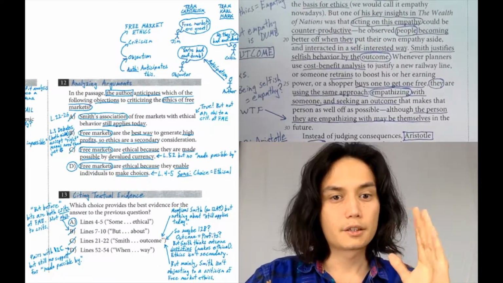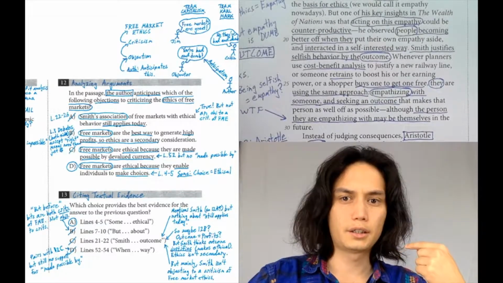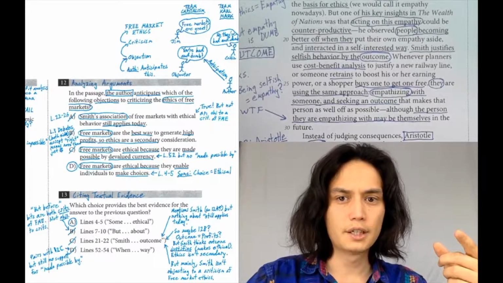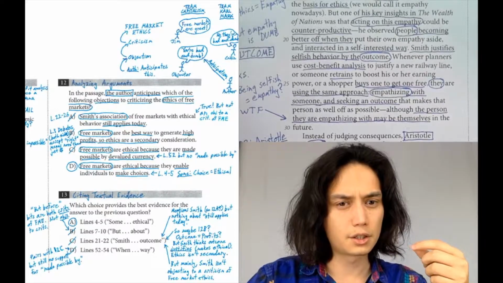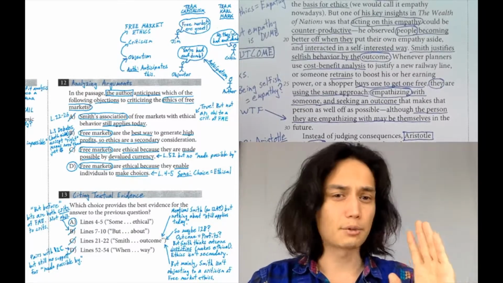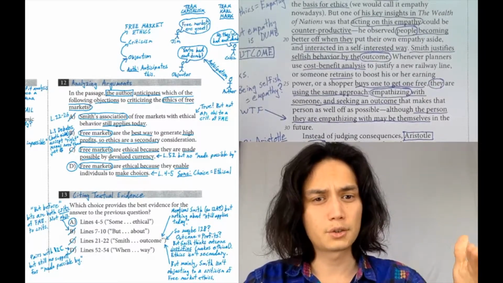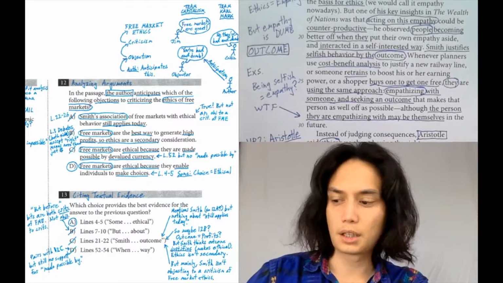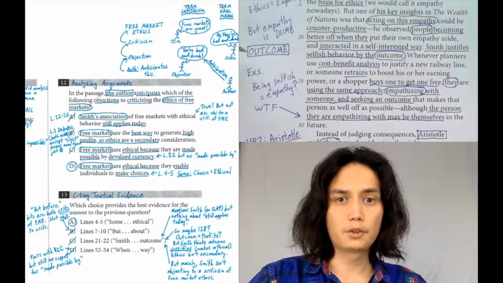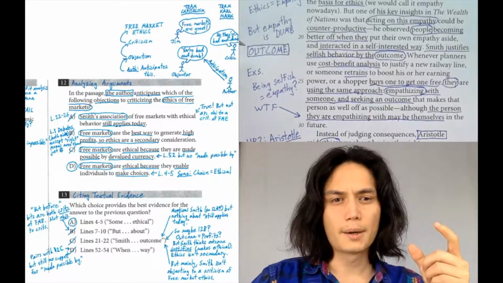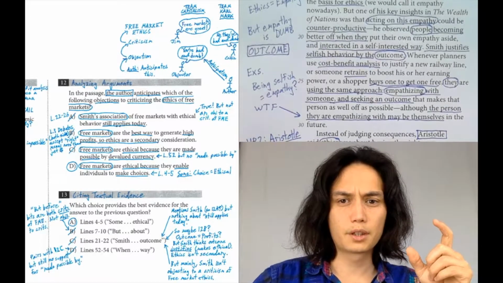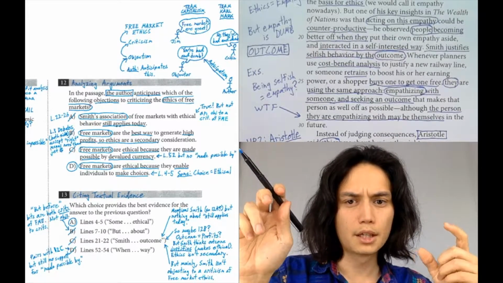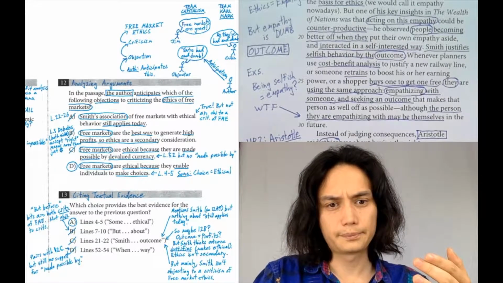Okay. Separately, you might think that this pairs with 12B, which is the claim that free markets are the best way to generate high profits, so ethics are a secondary consideration. Here, generally, because Adam Smith doesn't like empathy, he's all about self-interest, and he's all about the outcomes, right? Smith justifies selfish behavior by the outcomes. It's okay to be selfish if you've got good outcomes. Maybe here you think profits are the same thing as outcomes, right? Free markets are the best way to generate high profits. Maybe those high profits are good outcomes, so ethics are a secondary consideration.